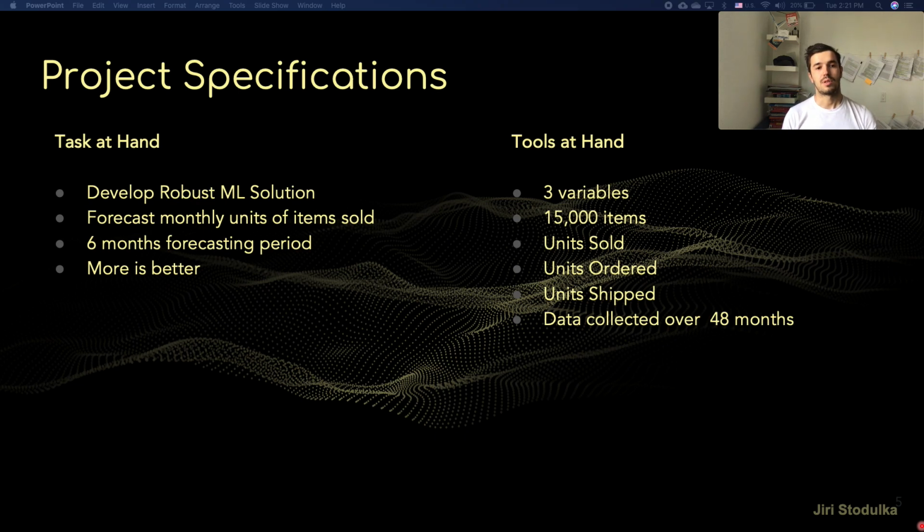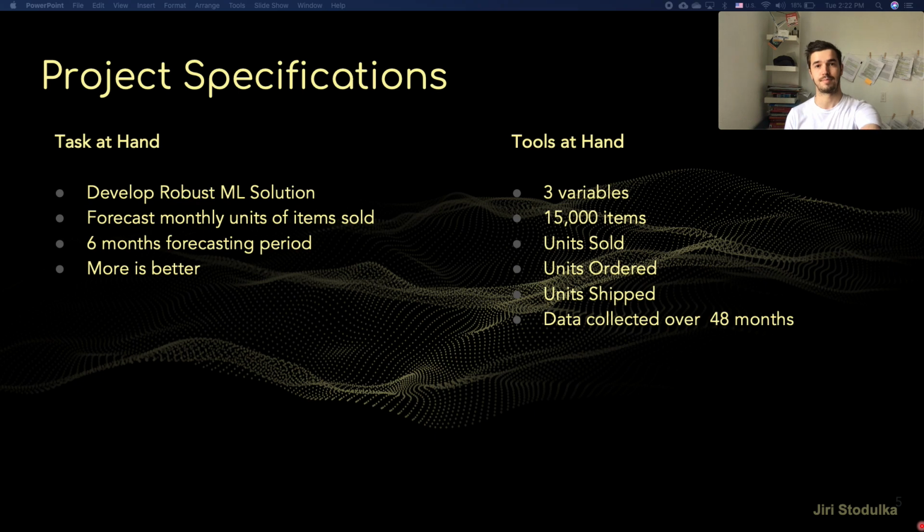From the very beginning, I was responsible for developing a robust machine learning solution and forecasting monthly units sold 6 months ahead. It was also specified earlier by the client that forecasting slightly more units sold is better than undershooting, which means that the client could afford a slightly higher cost of inventory rather than not justifying the demand. At the very beginning, I had monthly data for 15,000 items recorded over the past 48 months, and three variables, which were units sold, the target variable for the forecast, units ordered,